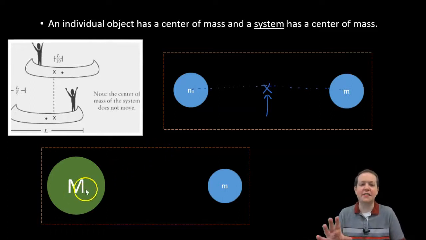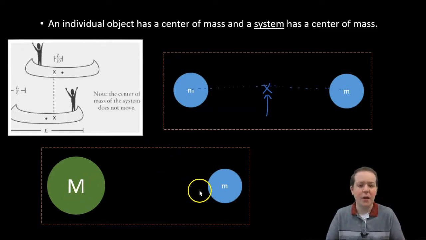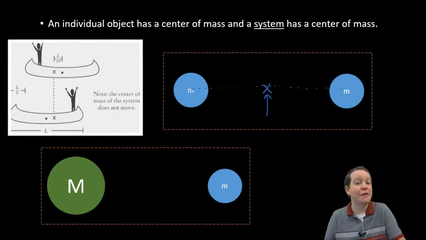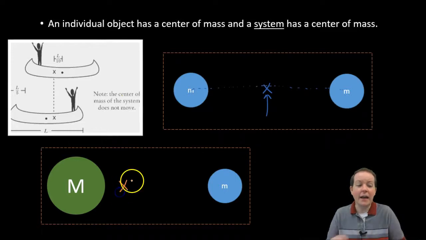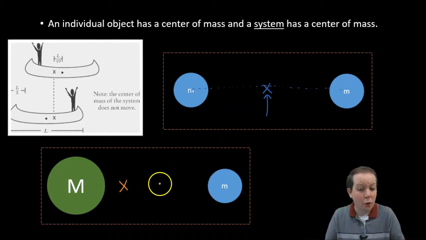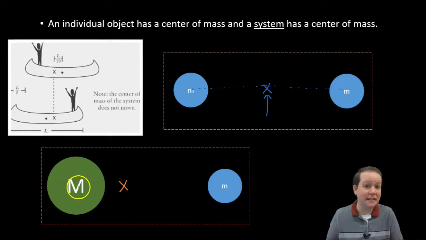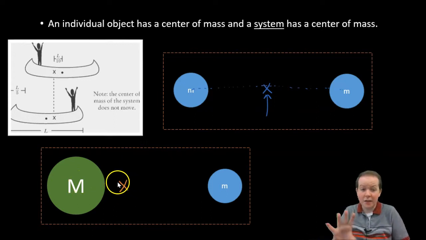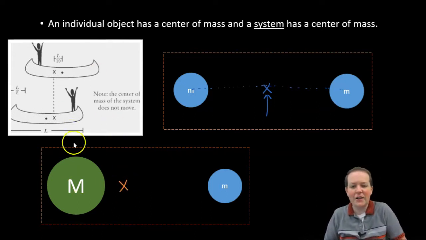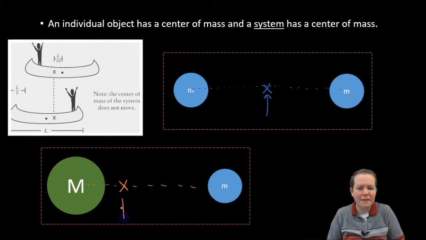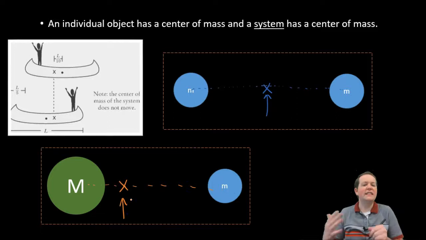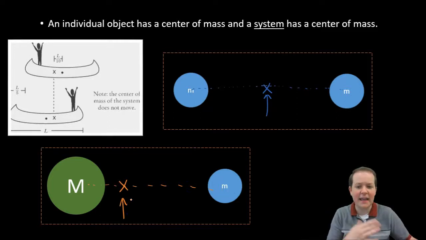Now I have an object that's significantly more massive than the other. Where would the center of mass be for this system now? It's going to be right here. Again, it's not actually where the objects are located. There's more mass on this left side, so where is the average amount of mass? Closer to the left, where that bigger mass is. Again, imagine you had a little plastic rod going in between. Where would it balance? Roughly around here. So that center of mass can also be applied to systems, and again, it's where the average of those masses is located.